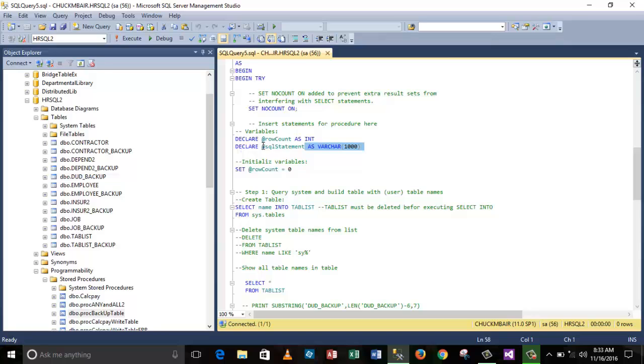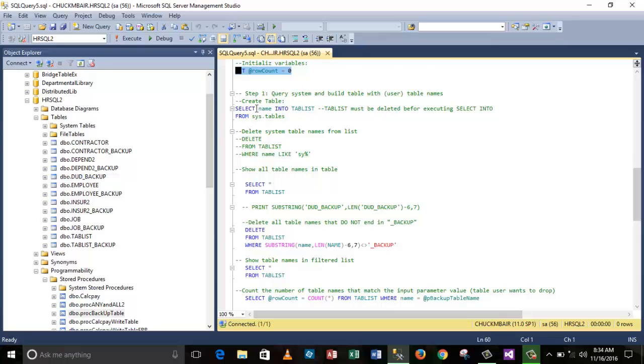But in the course of running this script, it's going to create a dynamic SQL statement and then execute that variable through an execute statement. Since I'm going to be counting with this variable row count, I'm initializing it to 0, and then